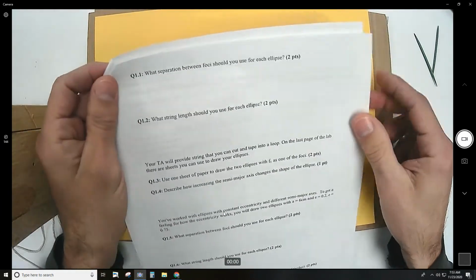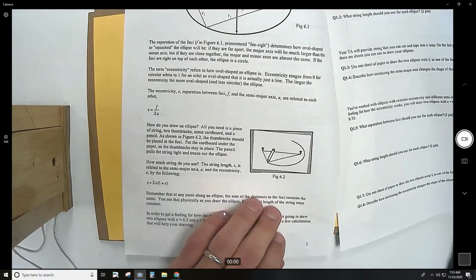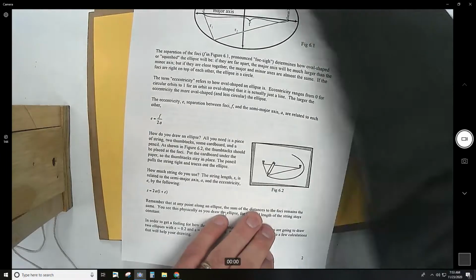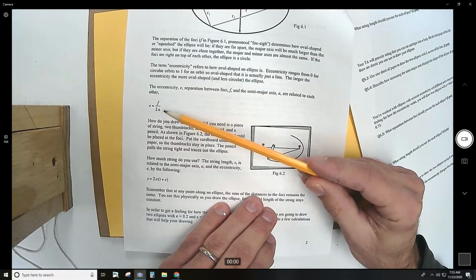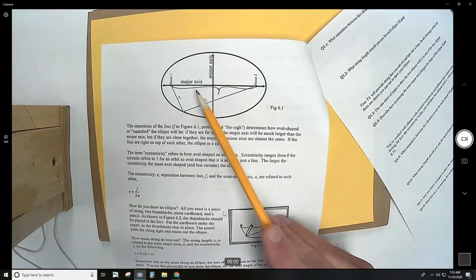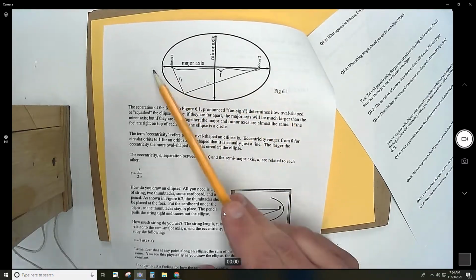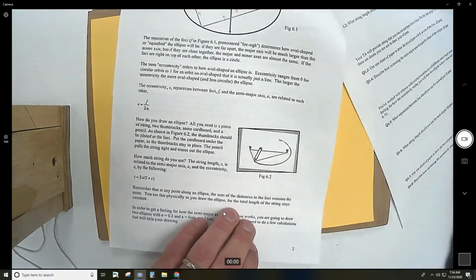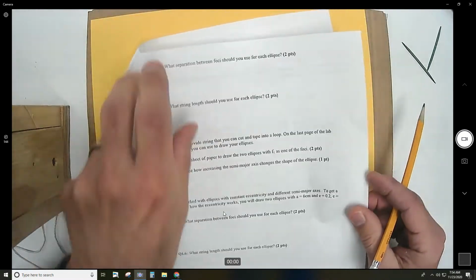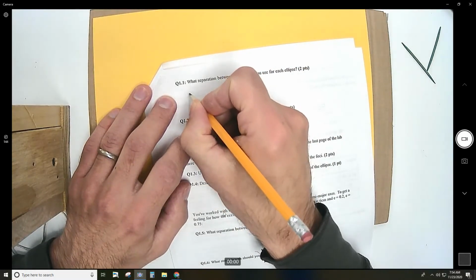It says, what separation between foci should you use for each ellipse? It would be really worthwhile to read through this beginning section because there's a few equations in here that are really, really necessary. For example, if you look down here, e equals f over 2a. That's the equation for eccentricity. f is the distance between foci, and 2a is essentially this major axis all the way across. a is from here to the middle, and from there to there. So in order to figure out the separation between foci, you need to solve for f in that equation. If I rearrange it, f equals